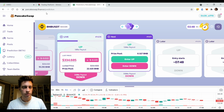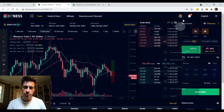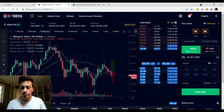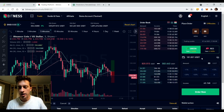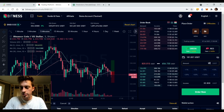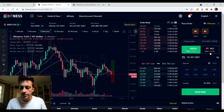Now, after I do that 0.1 down, I'm also going to hedge that using Bitness or using HXRO. Both are in Tether. As you can see here, we have 100 Tether on both exchanges. And the fee's probably not going to be that bad for the payout if we win. So 0.1 BNB is about $33. So that is going to be the hedge, 33.5. Actually, let's do half, 0.05 BNB, which is going to be 33.5 divided by 2, which is almost $17, so that's going to be a $17 bet. Perfect. So 17 here and